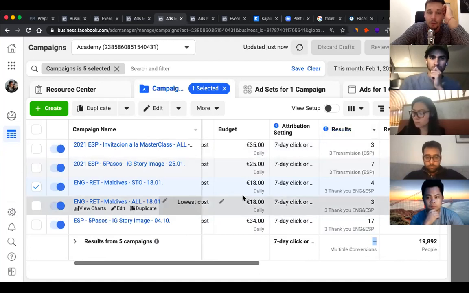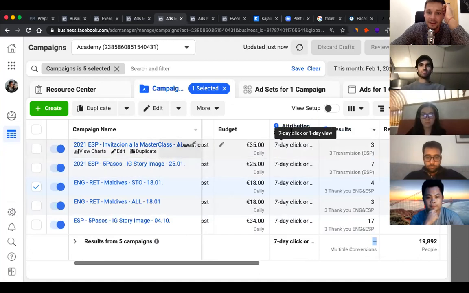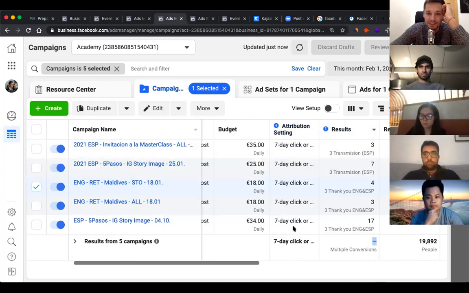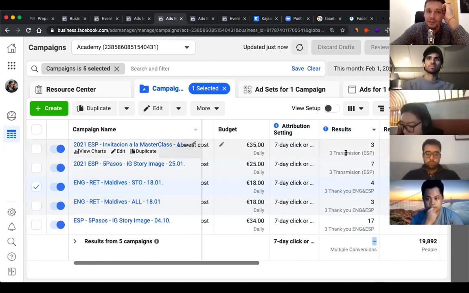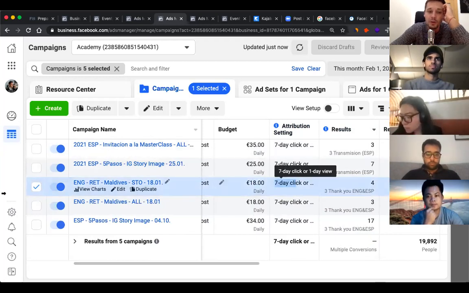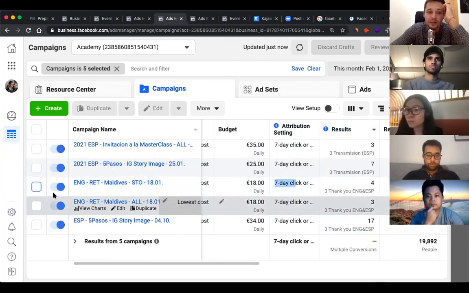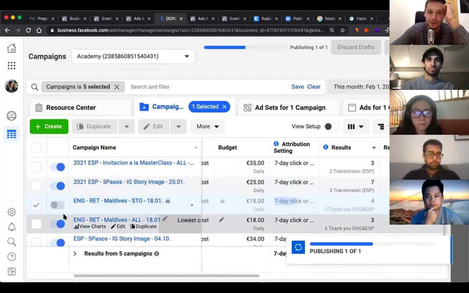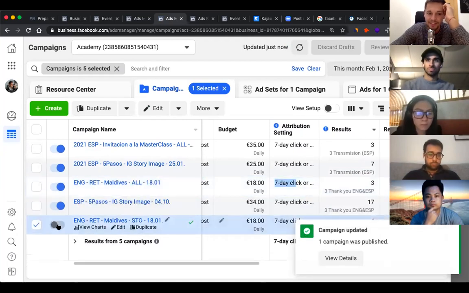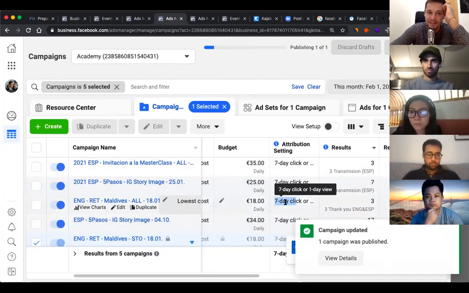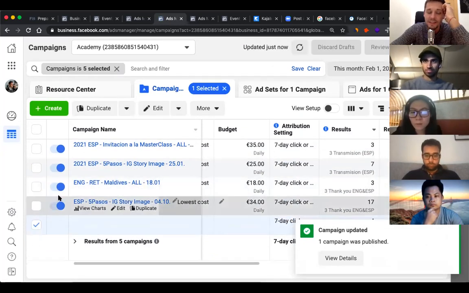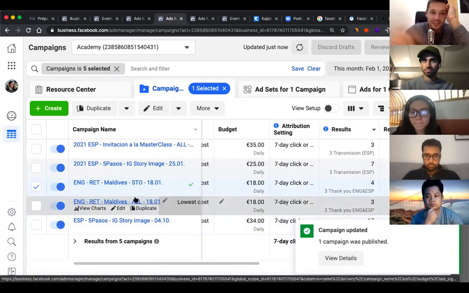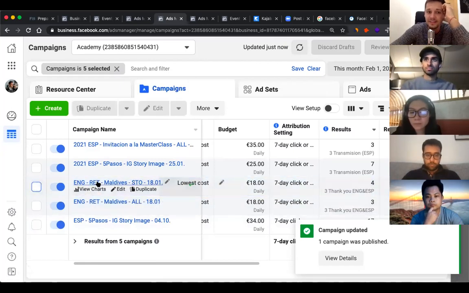But obviously the first step that you have to take is adding this column of attribution settings in order to play this game. Because if not, you cannot even know which ones need to be updated. And if you see one of them which is old, so to say, which has something different here, I know it sounds stupid, but that is how it works right now. You deactivate it and activate it again, and then it updates to the new one. Or if it is already deactivated, then you have to activate it, wait a little bit and deactivate it. And sometimes it still doesn't work.